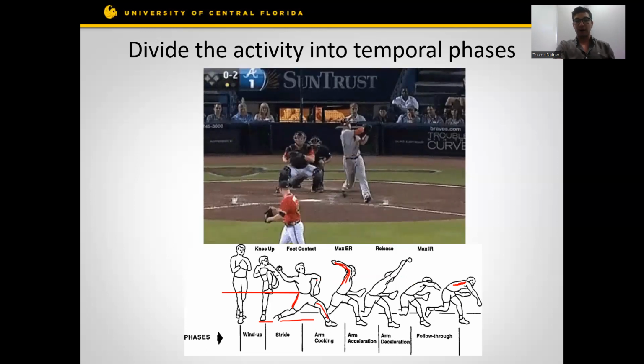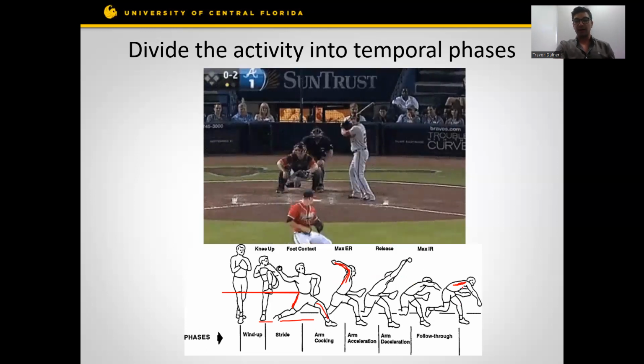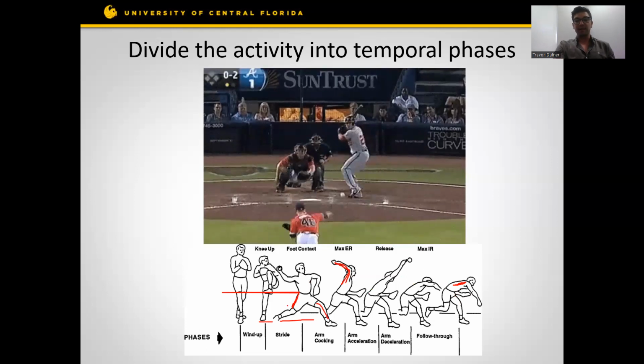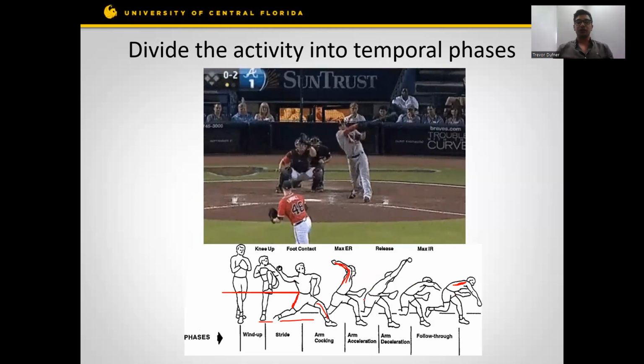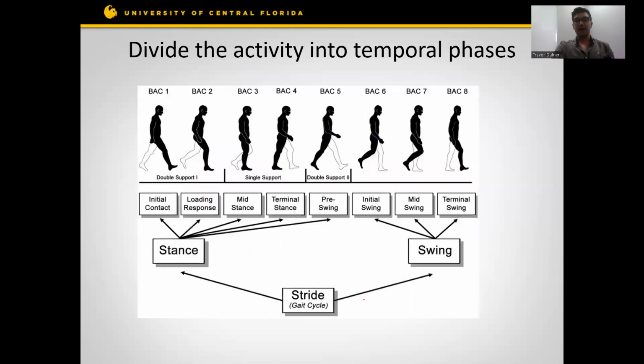How you're going to train the front of the right arm is slightly different than how you would train the back of the right arm, versus how you train the right leg is going to be slightly different than how you would train the left leg. And this is an extreme example, but this is showing how different parts of a movement that seem to be just part of the sport need to be trained differently,